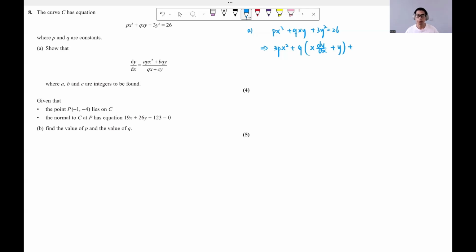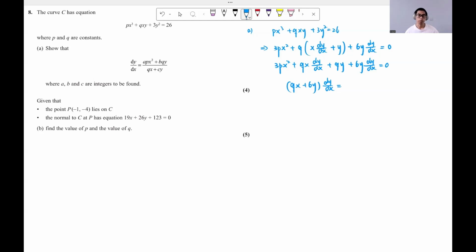And then 3y squared, bring down the power and subtract 1 from the power, so that'll be 6y. And then don't forget to multiply by the derivative of y, which is dy over dx, equal to 0, because 26 is a constant. Okay, now we just have to make dy over dx the subject. So 3px squared plus, expanding it out, qx dy over dx, and then plus qy, and then plus 6y dy over dx equal to 0. Then factorize out dy over dx, so that'll be qx plus 6y in brackets times dy over dx, and that's equal to